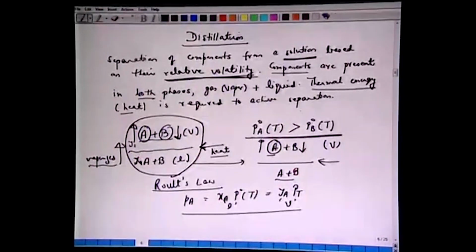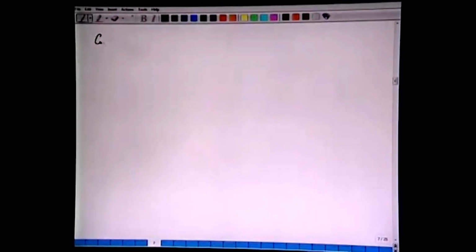All right. So these are the features of distillation here. Relative volatility, one, separation is possible, but we have both A plus B present in vapor and the liquid phase. One phase becomes richer in one component which has a higher vapor pressure than the others, and heat is required here. So compare this